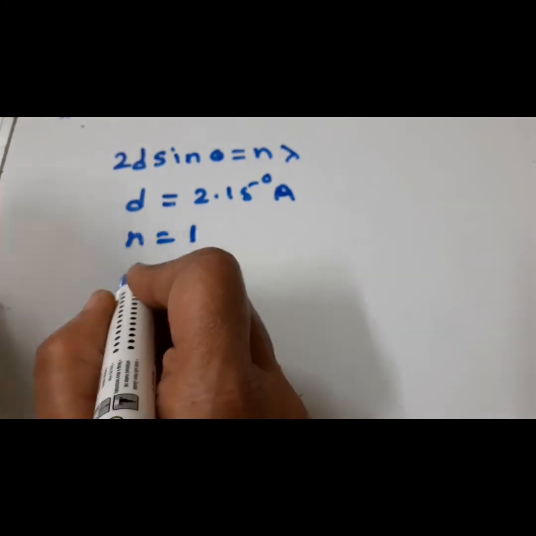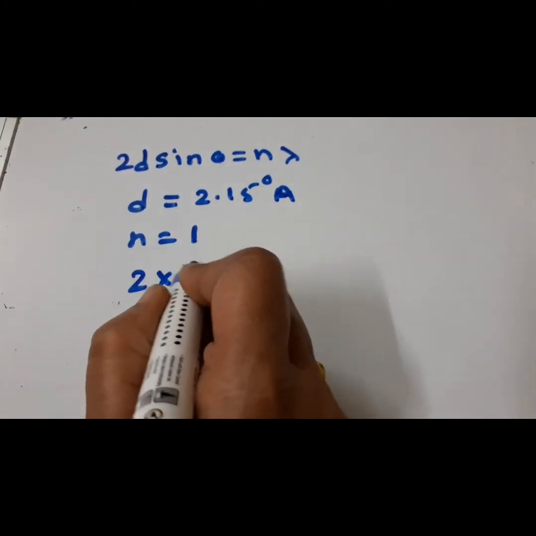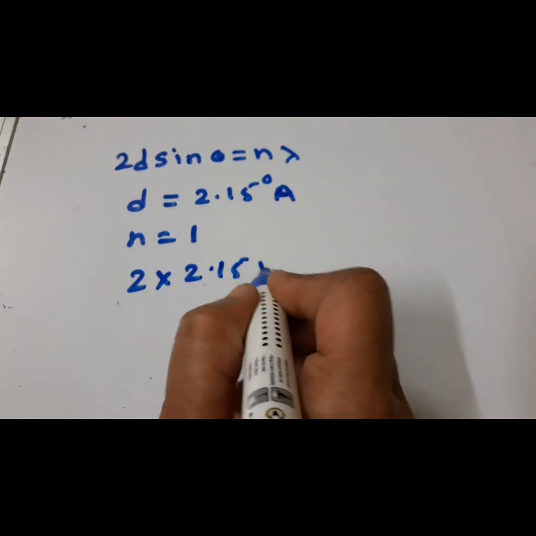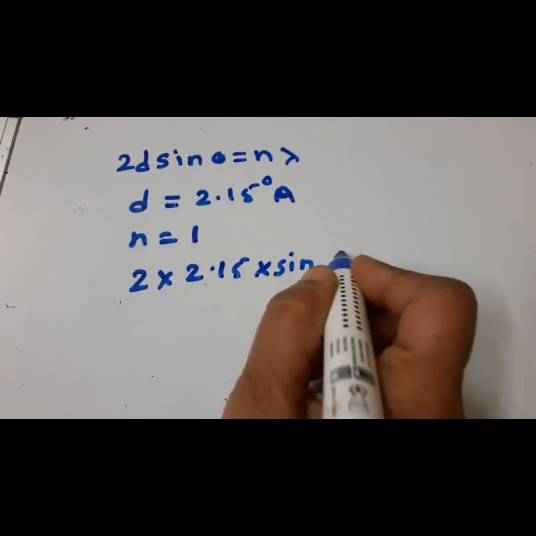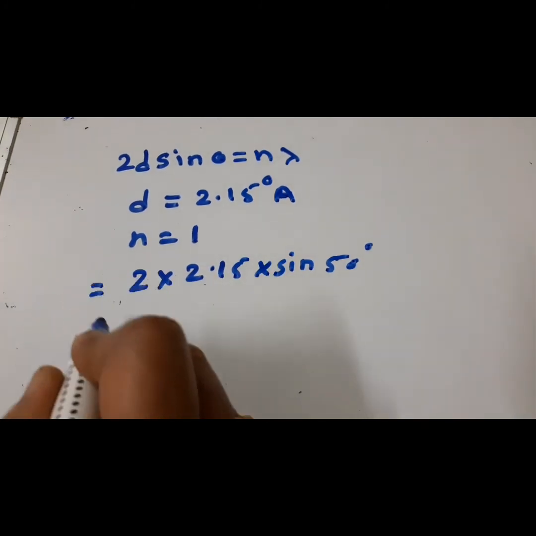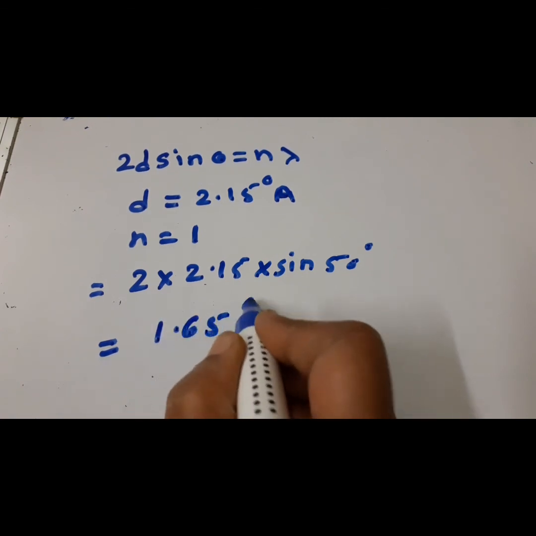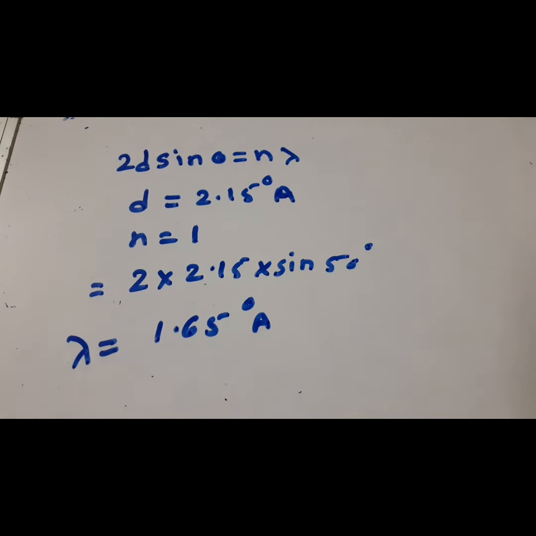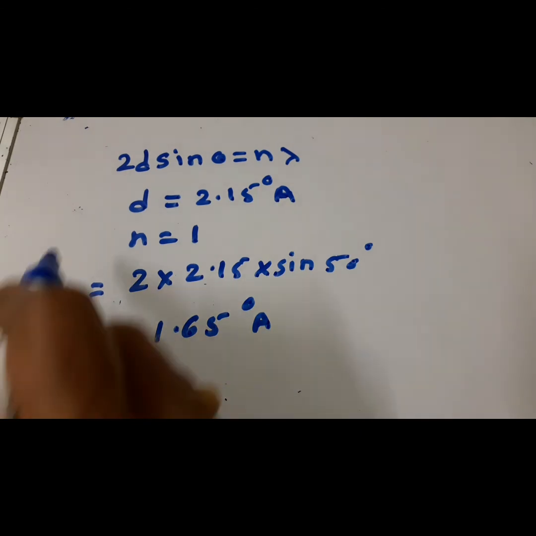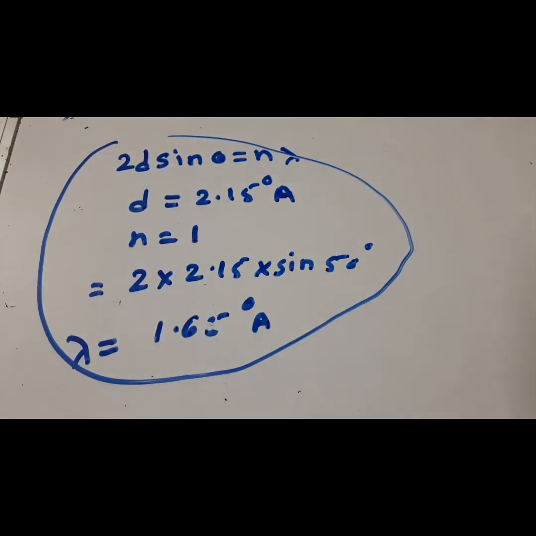Now therefore, lambda is equal to 2 into 2.15 into sine of 50 degree, isn't it? Therefore, lambda is equal to 1.65 angstrom unit. This is the theoretical value, and practically